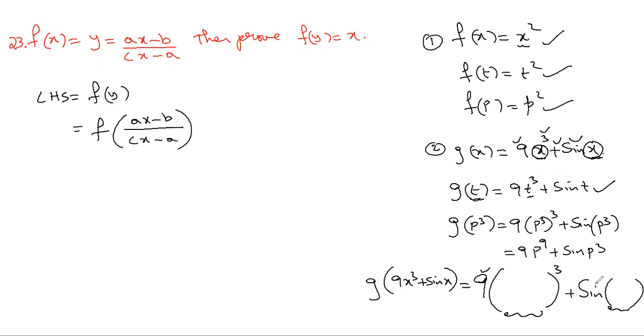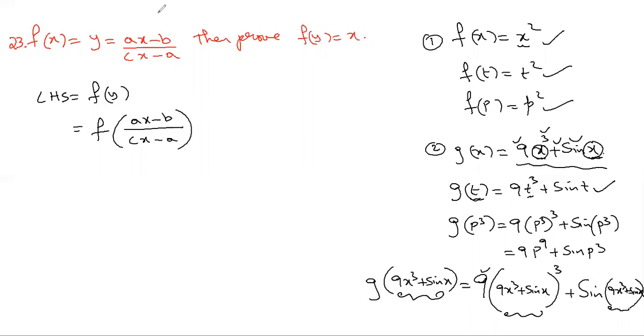So till you write the unchanged expressions, don't look at the input at all. Don't bother about the input initially, bother only about the definition. Even though the input and definition are same, look at only the definition. After that, you look at the input. The input is 9x cube plus sin x. Replace x with that, 9x cube plus sin x. If simplification is possible or required, you do the simplification. Otherwise, you leave it like that, that's the answer. Here, there is no simplification required, so you leave it like that.